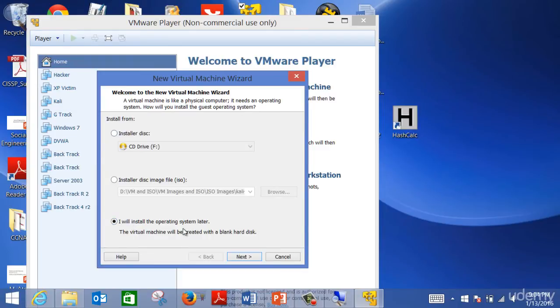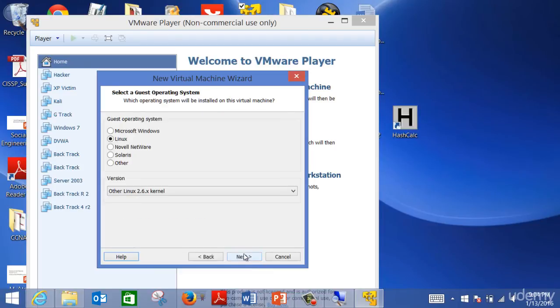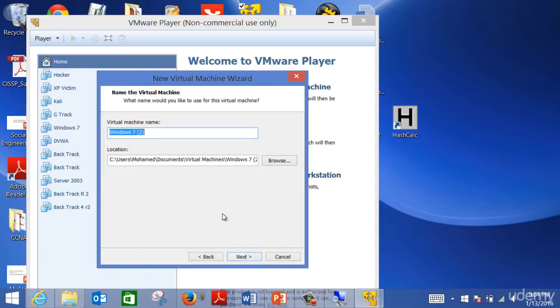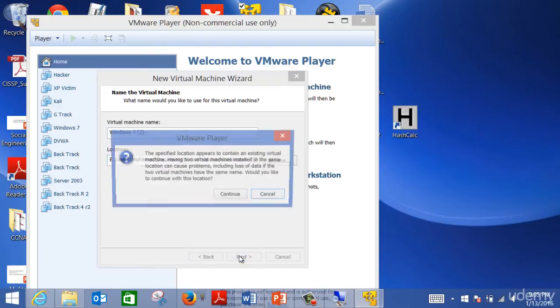I will install later, next, but my option here will be Microsoft Windows, and I'm going to choose Windows 7, next, and I'm going to name that Windows 7 2 because I already have Windows. I'm going to keep the default name, and I'll save it on the E drive, and next,